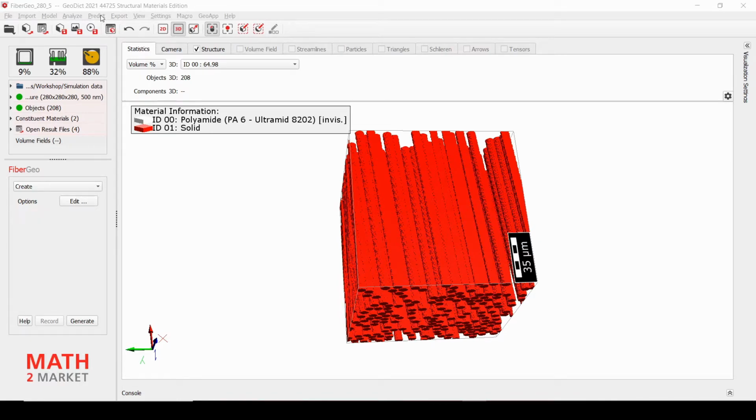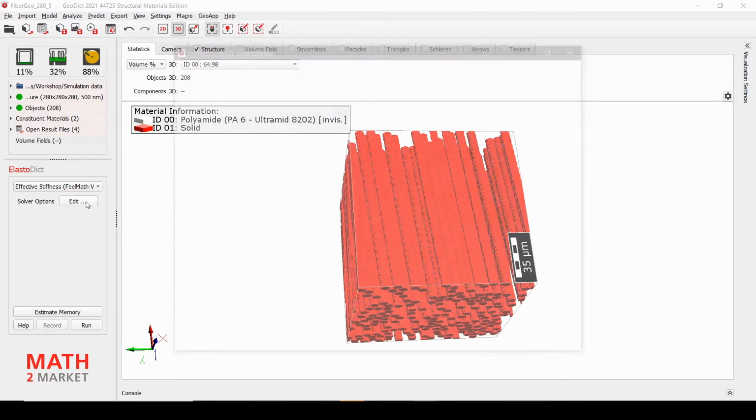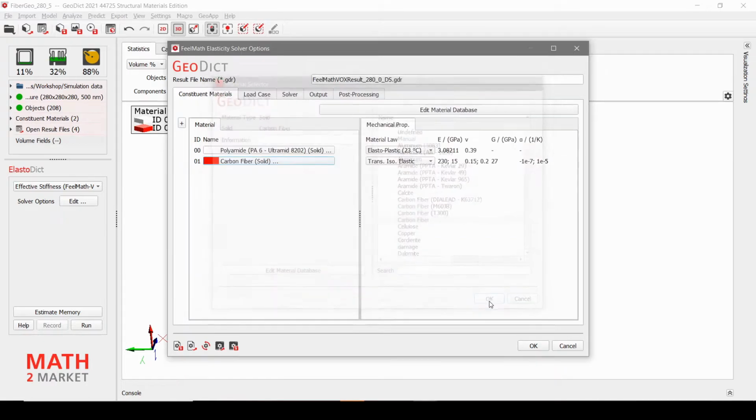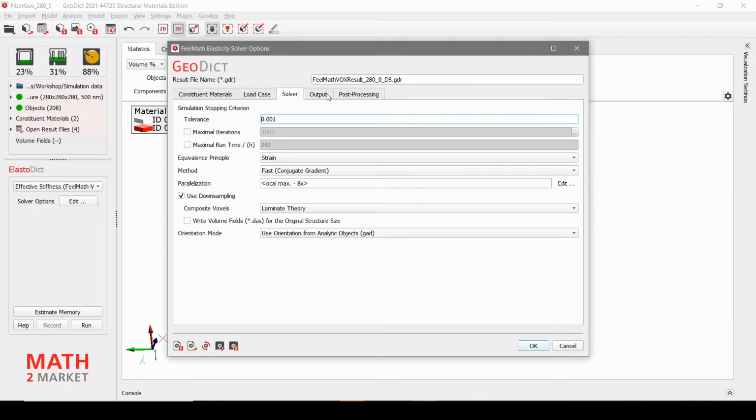So we go to Predict again, ElastoDict. So click on Edit and choose carbon fibers as the fiber material. Always check if your materials are still right before you start a simulation. Then under load case, we have to switch to symmetric boundary conditions as I explained before. We do not change anything else